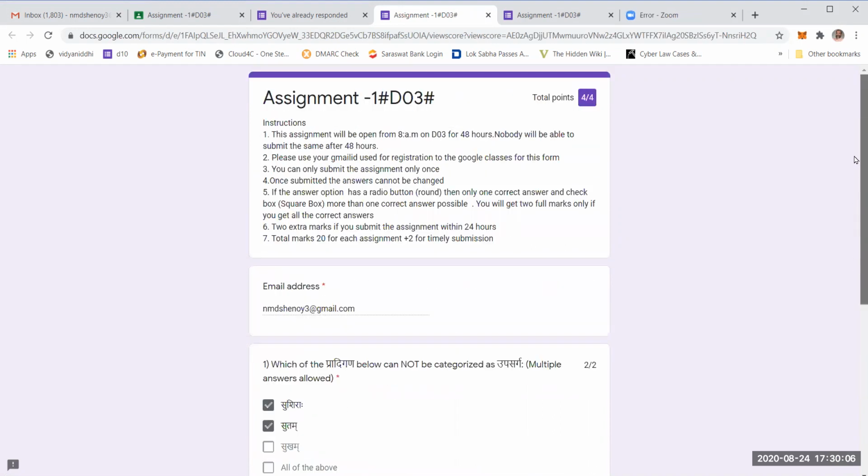It depends upon how things have been set. Your score also you can see here itself. You don't have to wait for anybody, or wait for me to get this. But this score does not have the 2 additional marks which are there for timely submission. That will be generated subsequently. So the process of submitting the assignment is very simple.